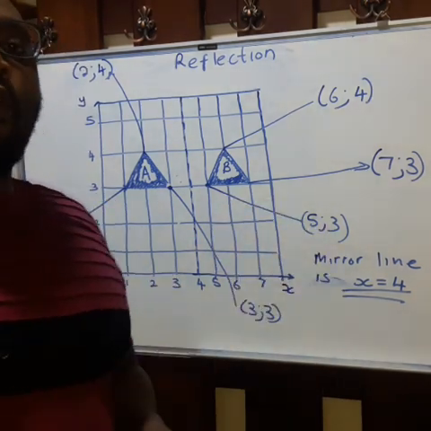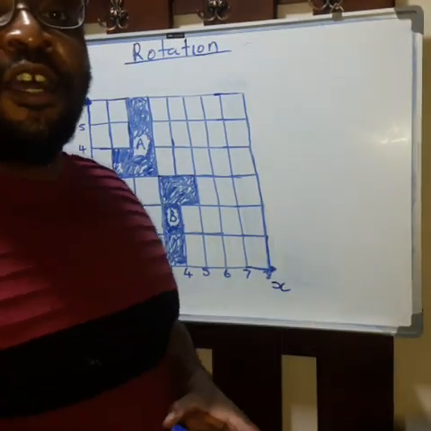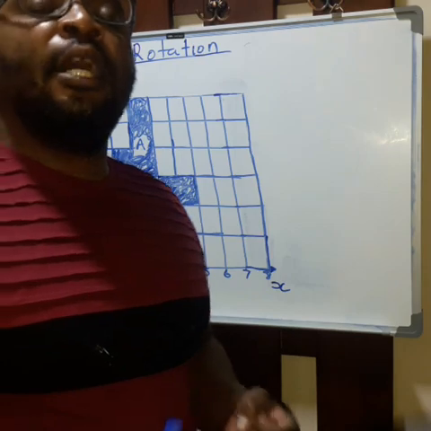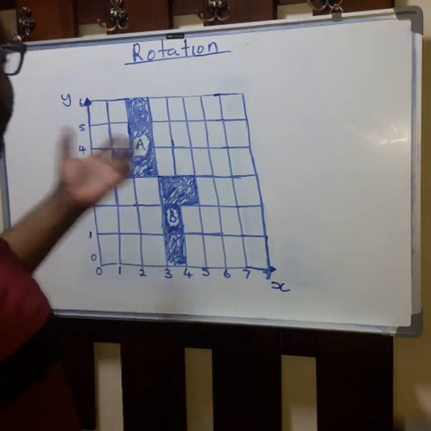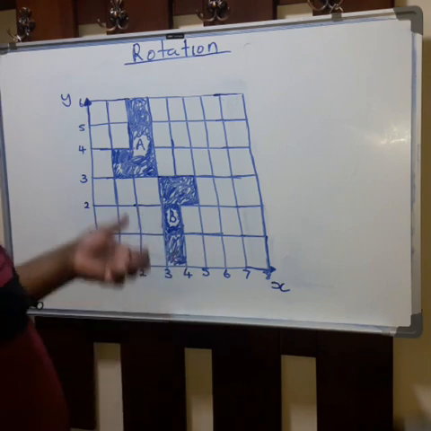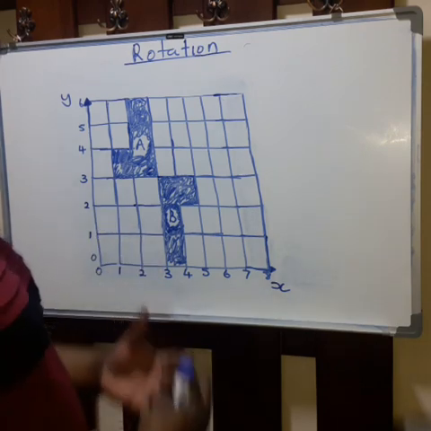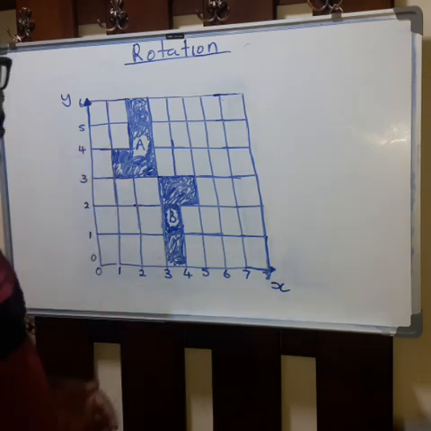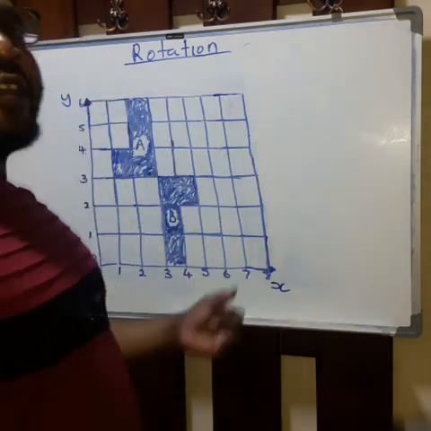Now we move on to the final kind of movement, which is known as rotation. Now we are focusing on the third type of movement. Okay, we spoke about translation, we spoke about reflection, we want to dwell on rotation. Now in front of me, I've got a shape A. It has undergone a certain type of movement, and it is now referred to as shape B. The image is shape B. So we need to describe the motion of this object. It cannot be translation, just by mere looking. It cannot be reflection. So there is some turning that has taken place here. So we need to describe that kind of turning.